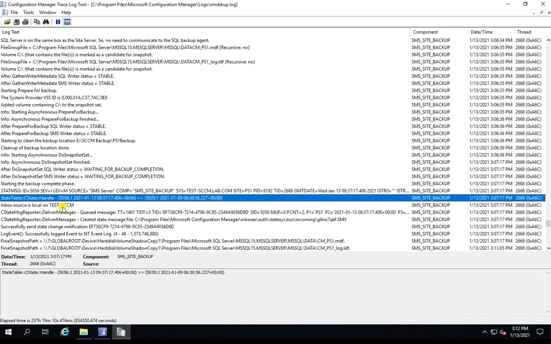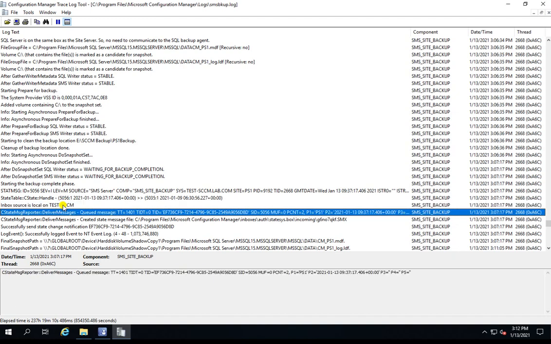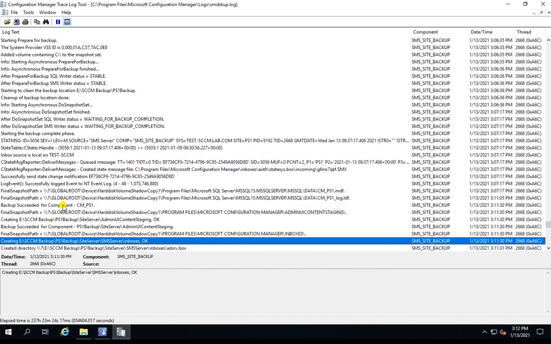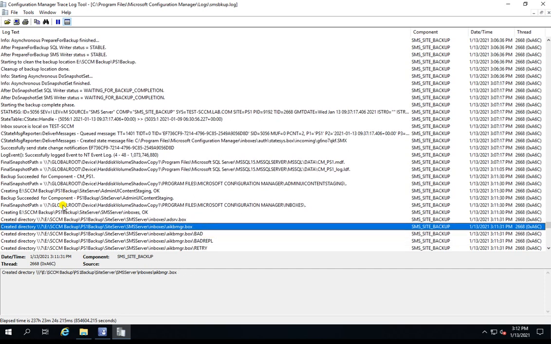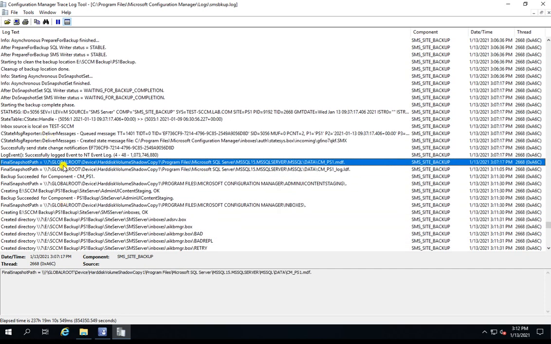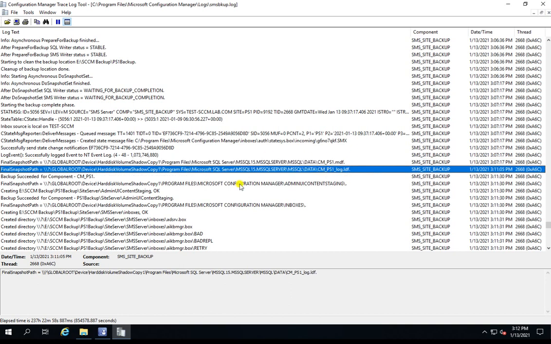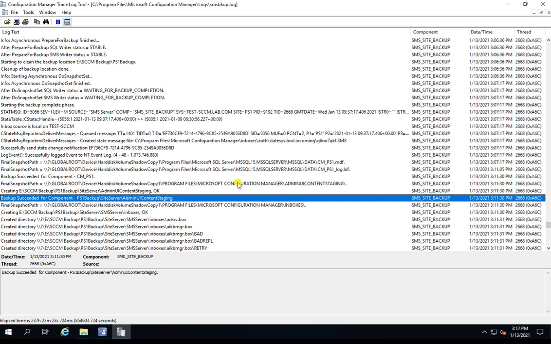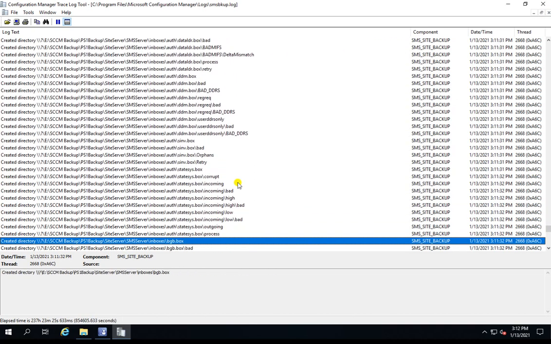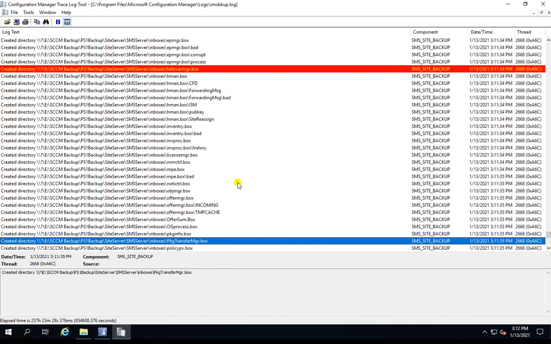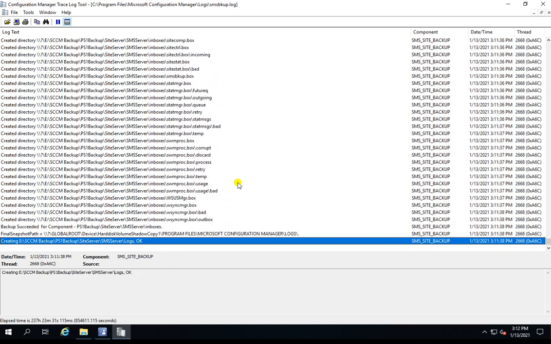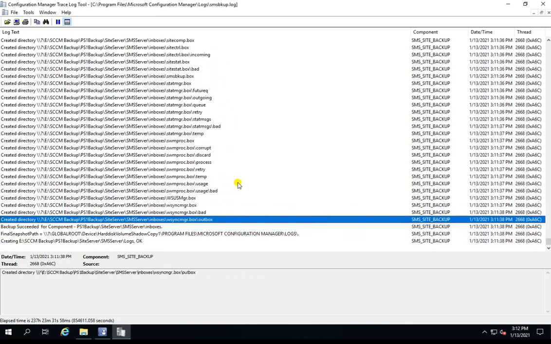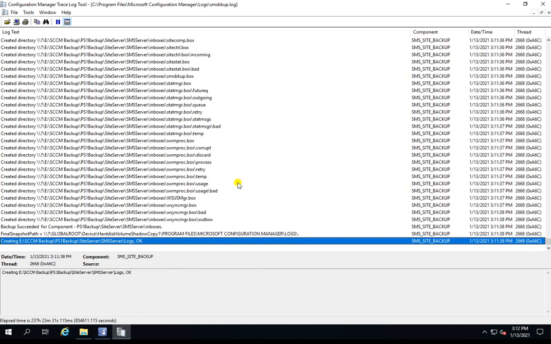Now you can see this logs file is increasing, and whatever backup is being created, you can see here it's taking a backup of cm underscore ps1 and the logs, and whatever it backs up, it writes in the logs file. So if you have any error or the backup fails, you can check these logs and troubleshoot your backup based on the error.